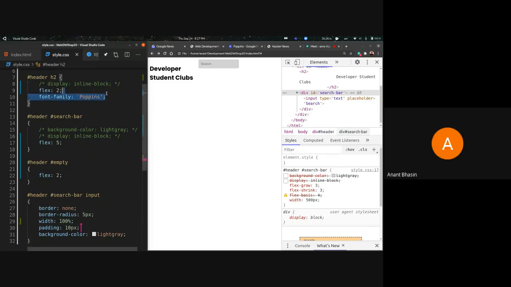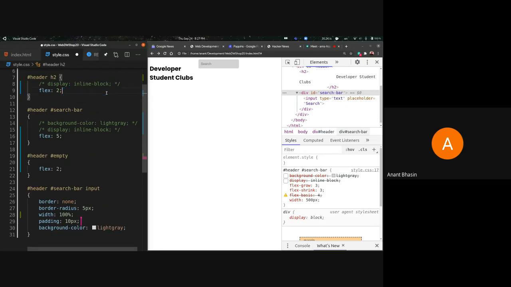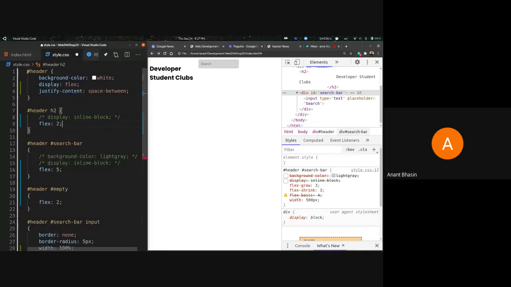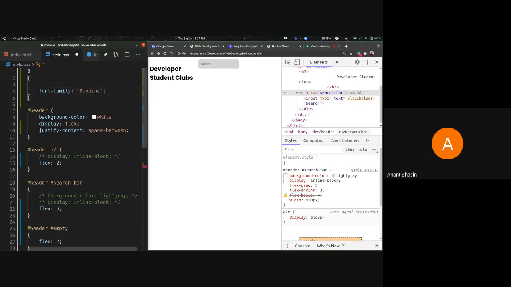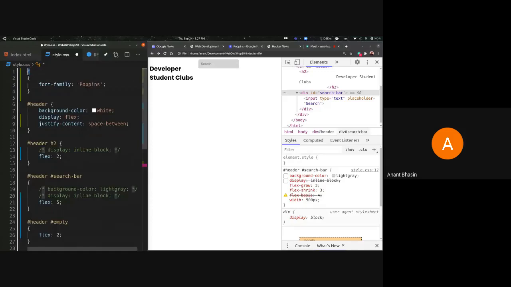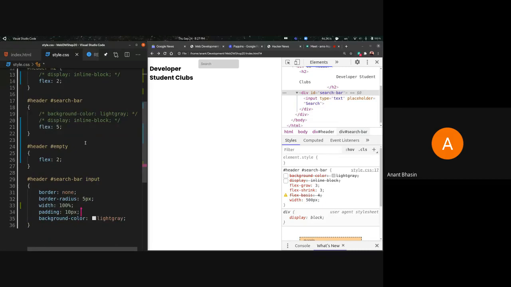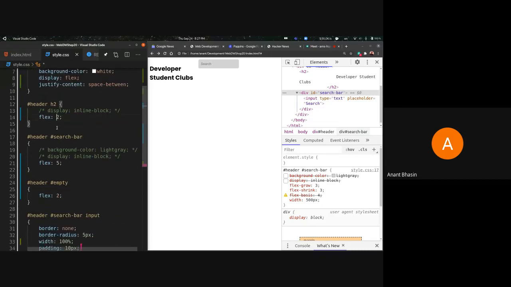A couple of things I'm going to do is take the font family all the way to all elements so that everything has Poppins. So again, if you remember, this is the selector to select all elements on the web page, and I'm giving everything a font family of Poppins. So I'm going to save this file now. Keep in mind the ratios over here, 2:5:2. And when I reload,